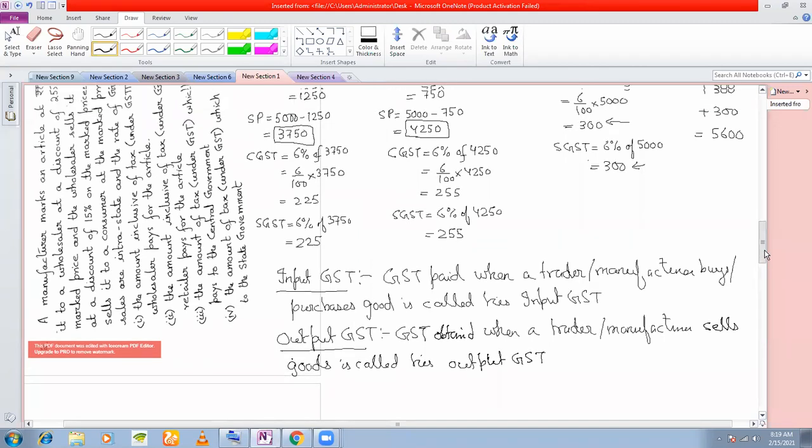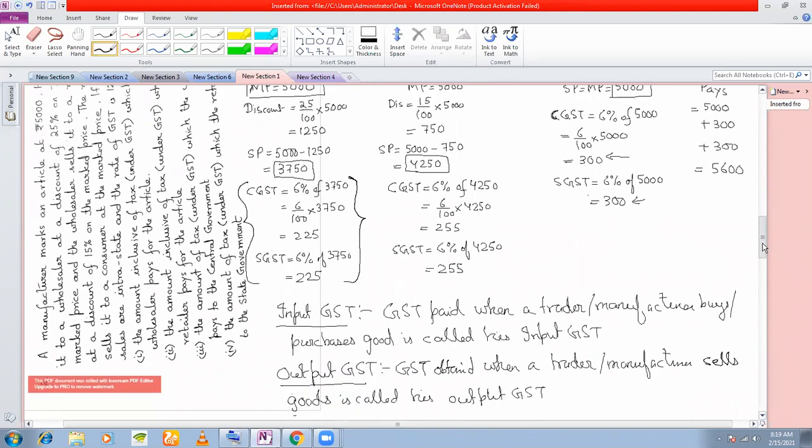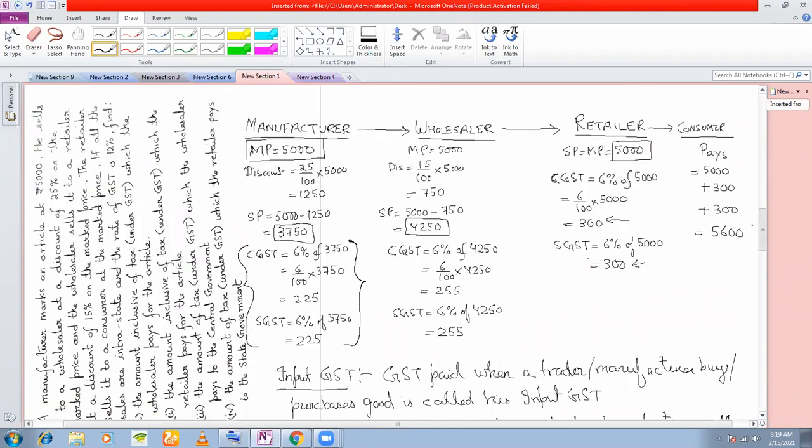So in the context of this problem, now if you see here, manufacturer, we are not bothered about who the manufacturer is procuring his goods from. Okay, so manufacturer we leave alone. There is no concept of input and output for the manufacturer, only CGST and SGST. Okay, now for the wholesaler and retailer, we have the concept of input and output. Okay, so first of all, here the wholesaler is buying from the manufacturer, and I told you when someone is buying goods from someone else, then he must pay GST. Then what is he giving? He's giving his input. So how much is he giving as GST? He is giving 225 rupees to the manufacturer as GST.